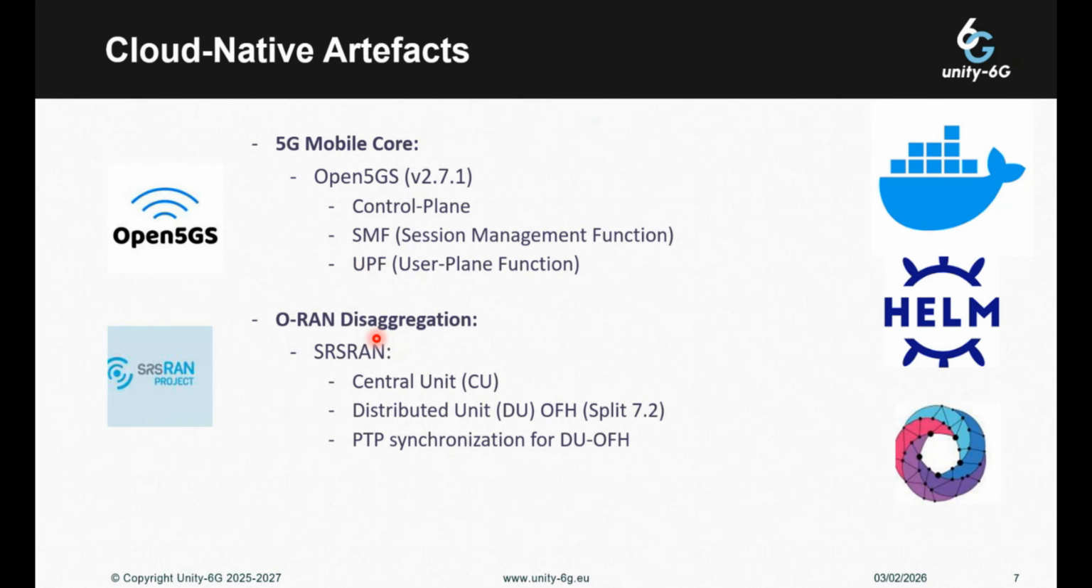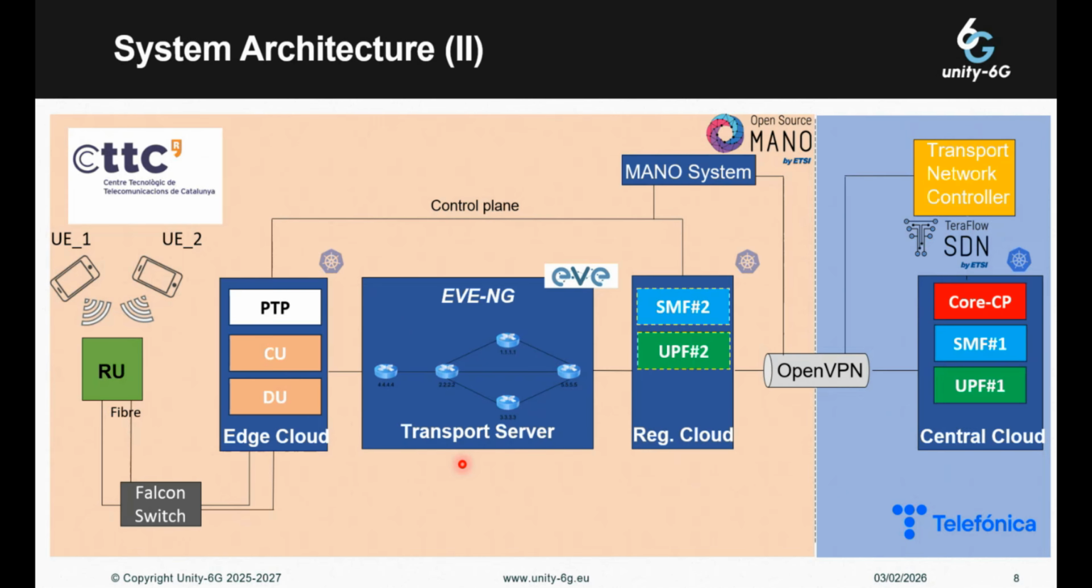Then we have the RAN part, the disaggregation. We have an artifact for the central unit, another one for the distributed unit featuring open fronthaul capabilities, and another one to perform the precision time protocol synchronization for the server hosting the distributed unit. So yeah,